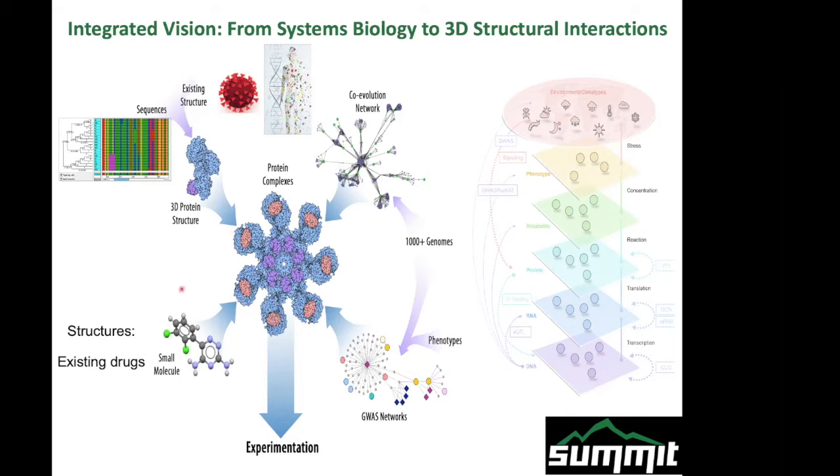Now we're interested in that, of course, for understanding interactions between proteins and, from a molecular evolution point of view, the effect of mutations. We're also interested in small molecule interactions, existing drugs in our case, and how they may stabilize or destabilize proteins of interest. So with that as a framework,